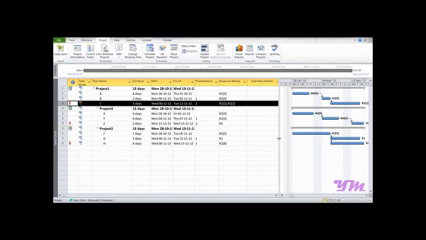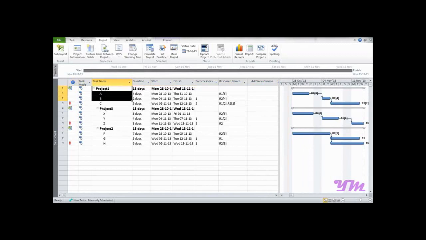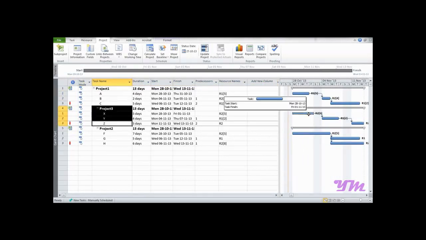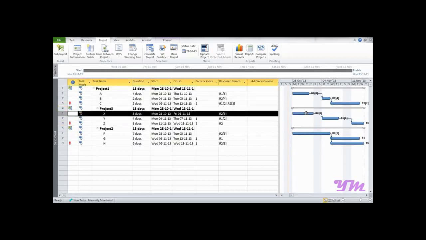Now say you may want to give a predecessor relationship between project 1 and project 3 over here. One step is to click on this bar, hold it, drag it and place it where required. Suppose I want to link it over here, I can do it. And the other way of doing it is, suppose I want to say that this project is after project